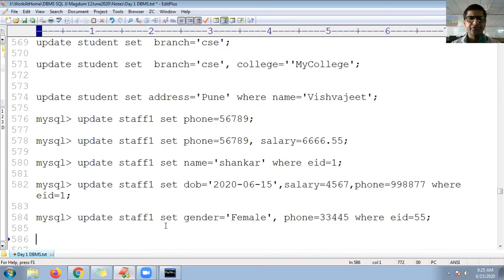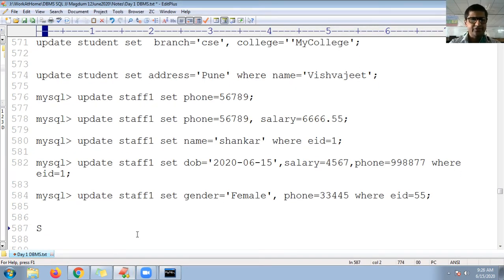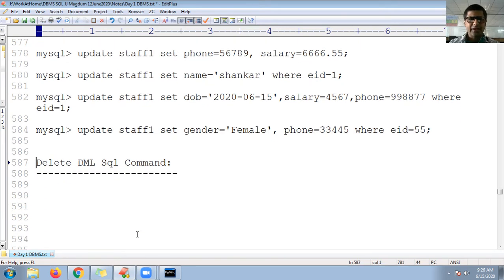Now let's go for delete. So delete SQL command, a DML SQL command. Okay guys, as its name indicates, the purpose of delete.